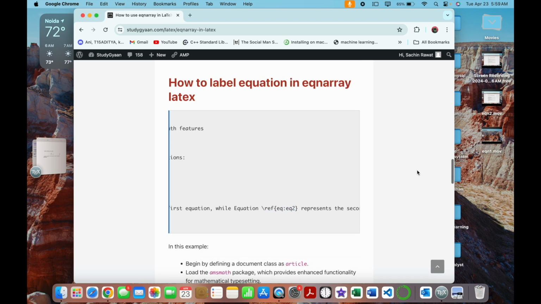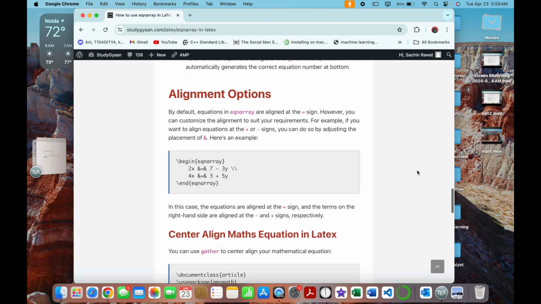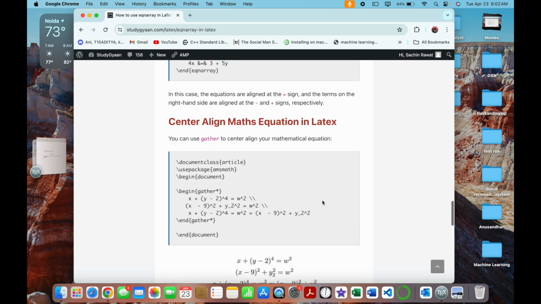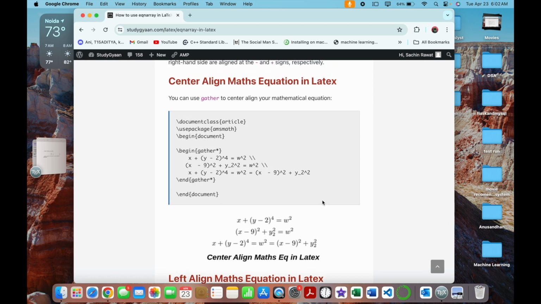So now we can move to the next topic, that is the alignment options. Generally by default we align our equations with the equal to symbol, but we can align our equations however we like by just simply adjusting the ampersand symbol. So here the next thing is center align math equations in LaTeX. If we want to center align the equations, we use gather instead of eqnarray. So just copy down this code and